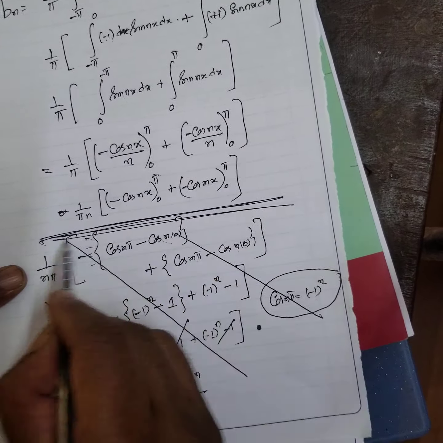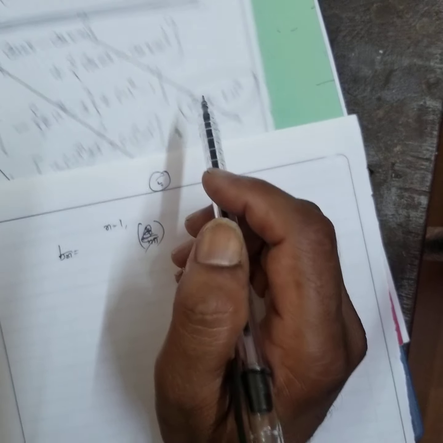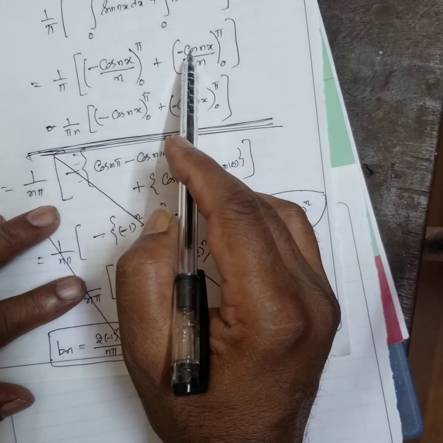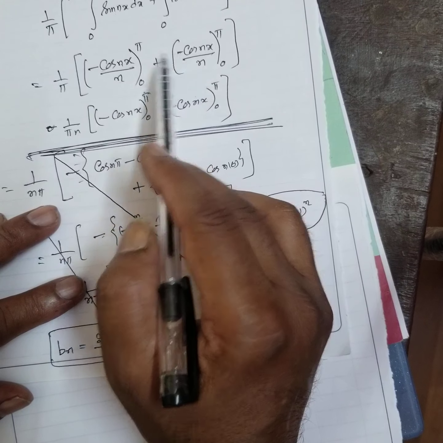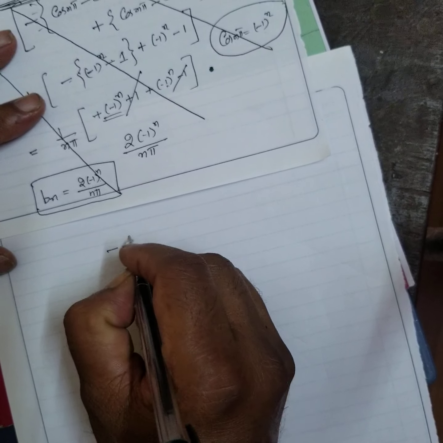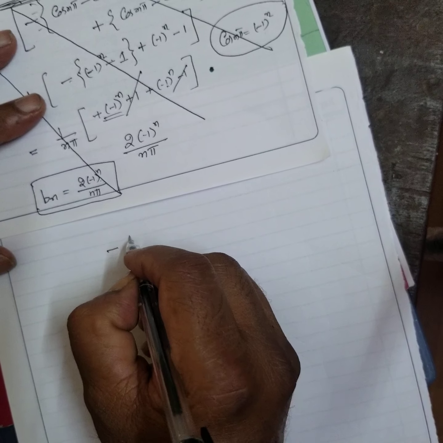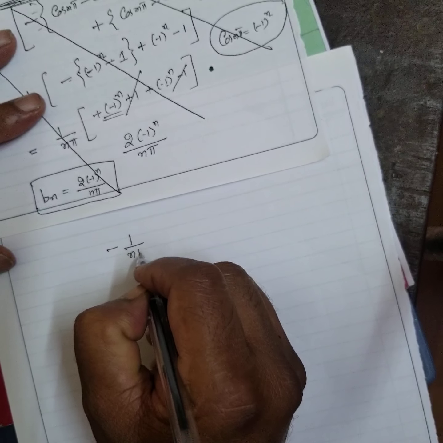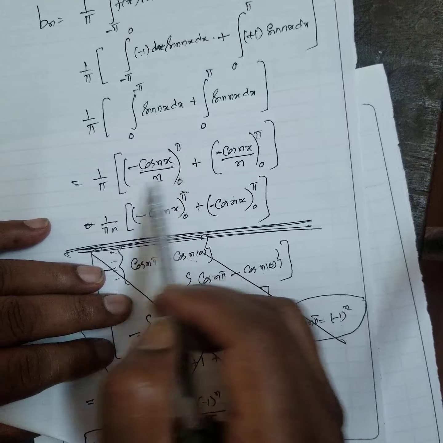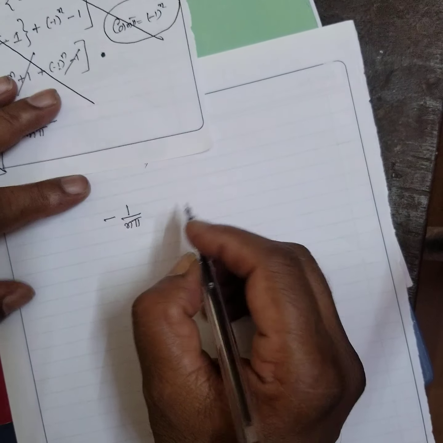Look, therefore you have to be very, very careful. In normal condition itself I am making this mistake. Even if I write in the exam, I will make the same mistake. Therefore, you have to be very careful in doing this. Okay. Therefore, minus I am taking it everywhere, minus 1 by n. You believe it or not, I worked it out several times. In spite of that, I am making the same mistake. See, minus I am taking it out everywhere. n also. Then I write like this.